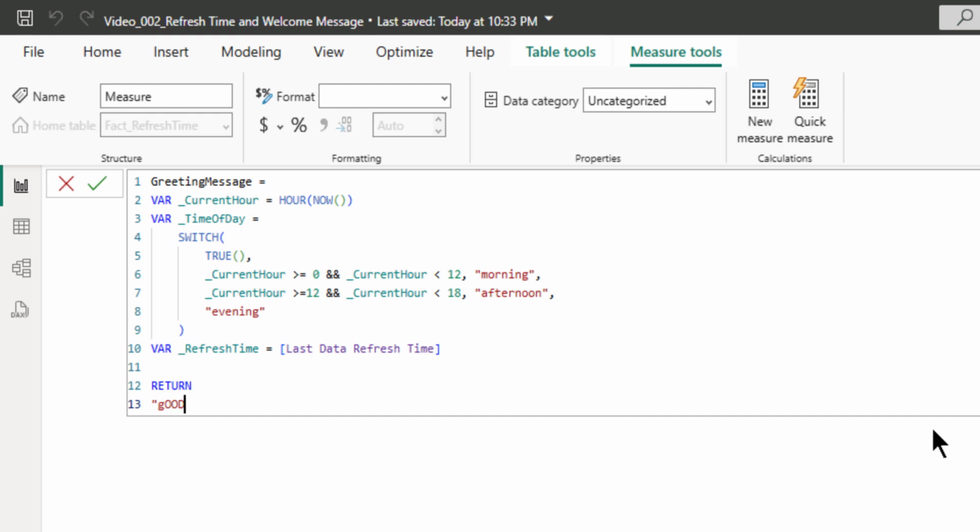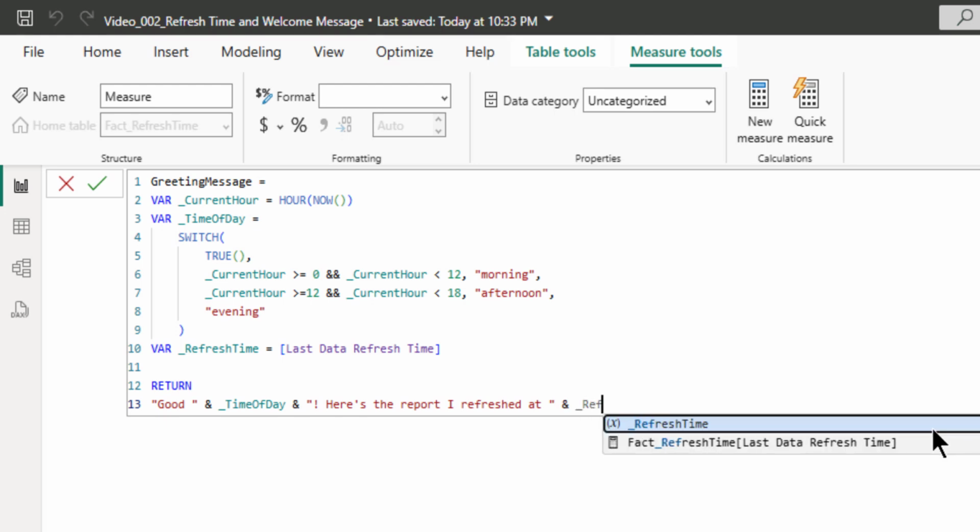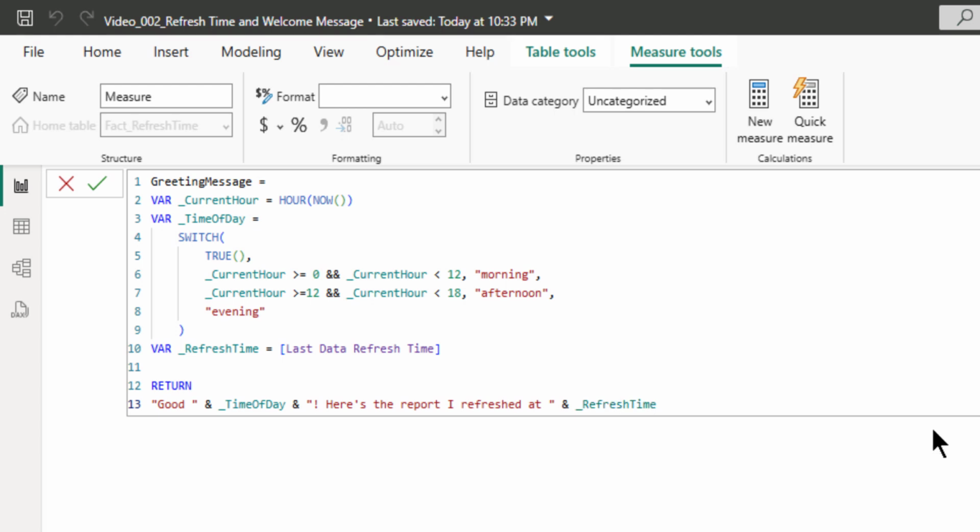Now it would be "Good " & _time_of_day & "! Here's the report I refreshed at " & _refresh_time &